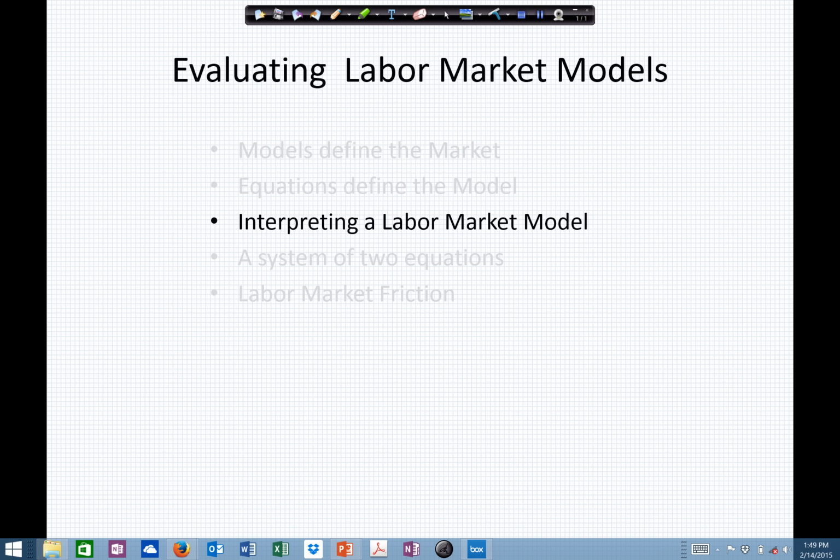In this segment, we'll take a look at interpreting labor market models, including thinking about how changes in supply or changes in demand will affect different markets. And we'll do this as part of the continuation of the evaluating labor market models module. So let's take a look